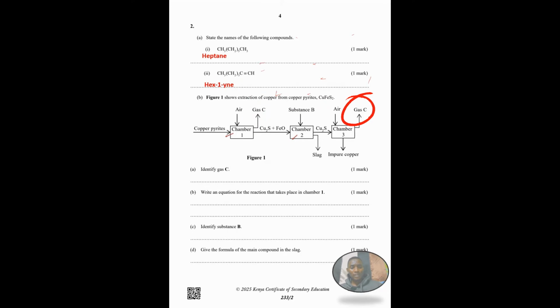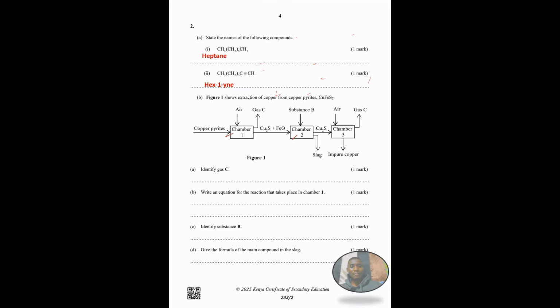So in chamber 1, we are roasting copper pyrites by reacting it with oxygen in the air, and we form copper 1 sulfide and iron 2 oxide, and at the same time we release